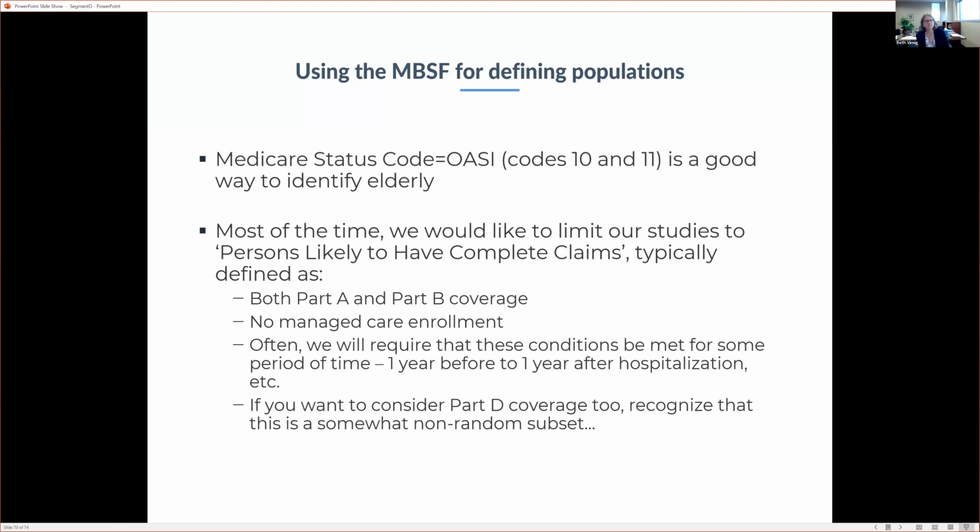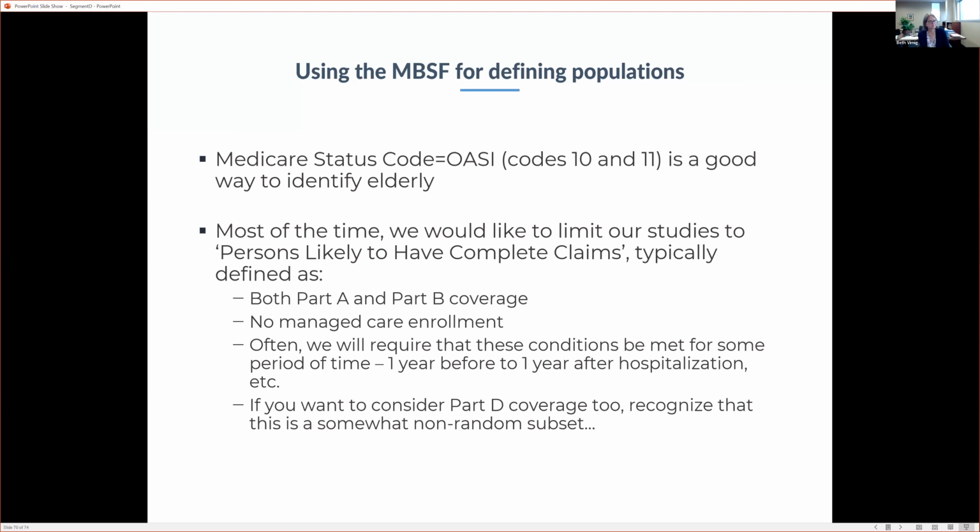Most of the time, we like to limit ourselves to what we would sometimes call likely to have complete claims. These are people where we're pretty confident that what we're going to see represents the universe of what people had. So in this case, it's both Part A and Part B coverage and no managed care enrollment. Just think about sometimes you're going to want a look-back period. So 1 year before to 1 year after a hospitalization, or 3 months before. In some cases we're going to want to exclude the preoperative period to get a baseline